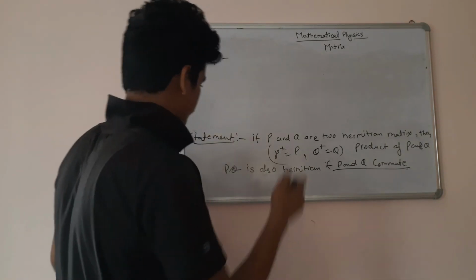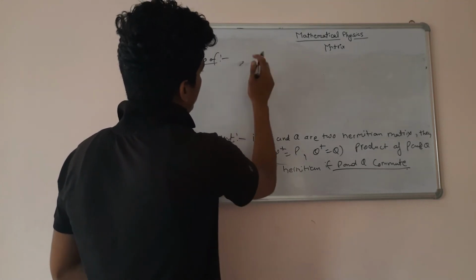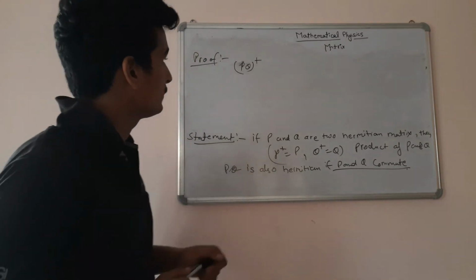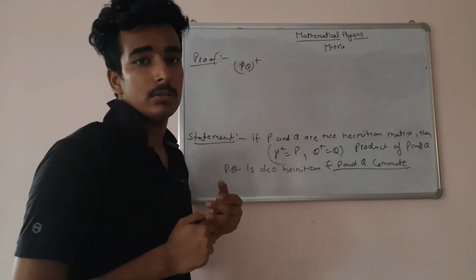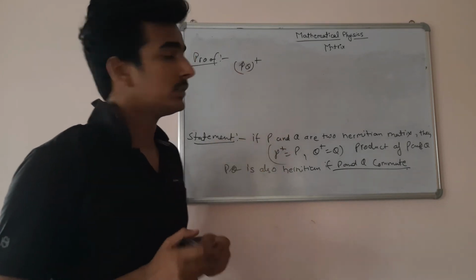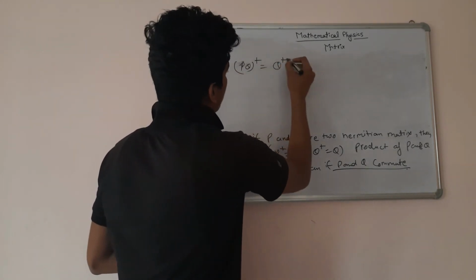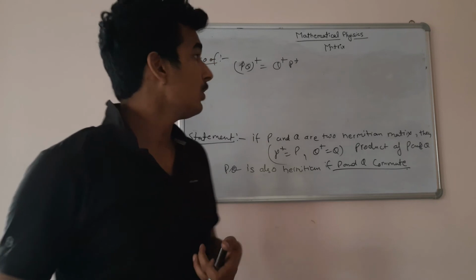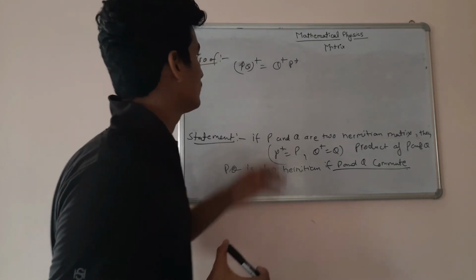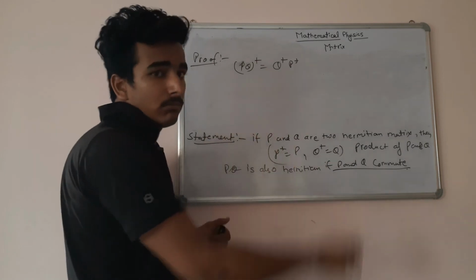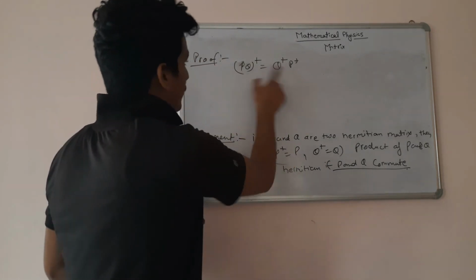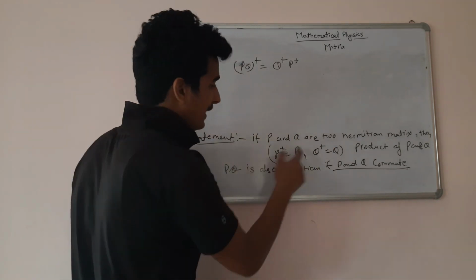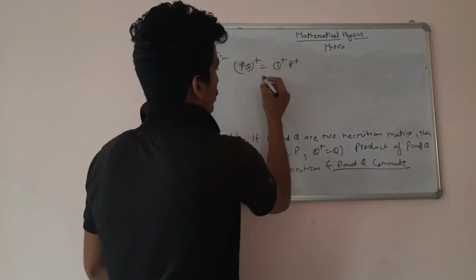So first thing, what is the condition of a Hermitian matrix? So (PQ) dagger equal to, have I told you the properties of dagger? Yes. So this is Q dagger P dagger. The inverse, the transpose, the dagger, these all follow quite similar properties. There are different symbols and different operations. So (PQ) dagger is Q dagger P dagger. We also know that P and Q are Hermitian, so P dagger equal to P, Q dagger equal to Q. So this becomes QP.